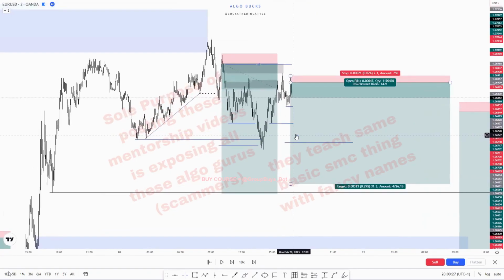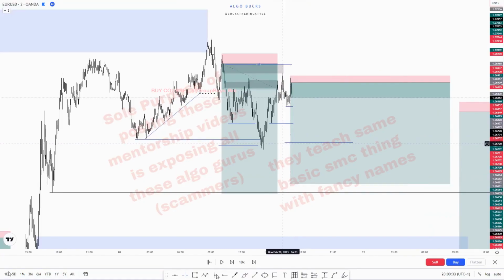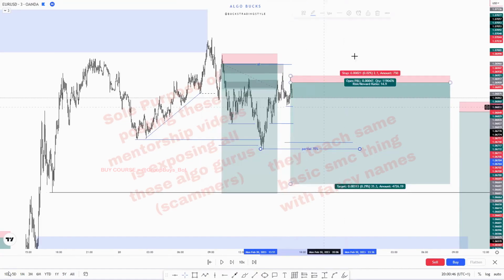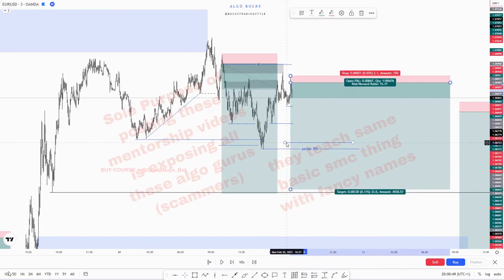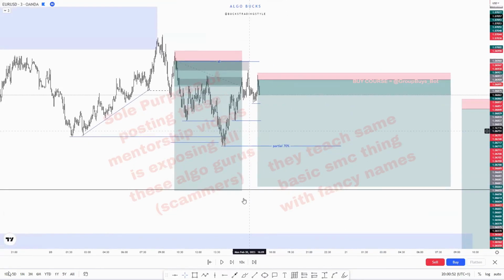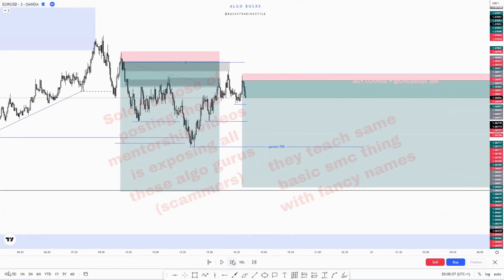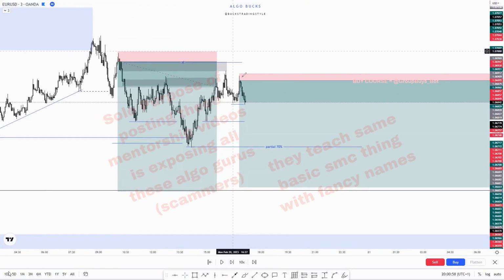Now, your partial, right? You should align the structure. So let's say this is my 9 hour. I want to go break even here. As you can see, it's aligned with this low right here. So I'll just say at this low right here, partial. I'll partial 70% and let the rest run. Okay. So now let's see what price actually did. Let's wait for price to come to our break even level. Okay. Because sometimes, right, you might see this move right here. You can just go break even on time and price will just